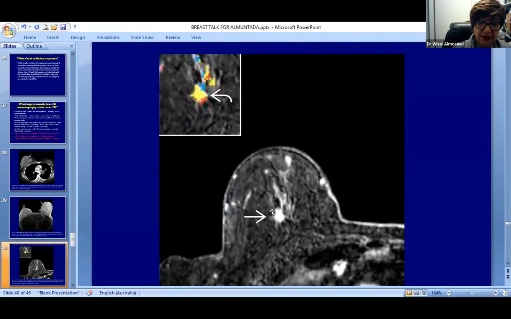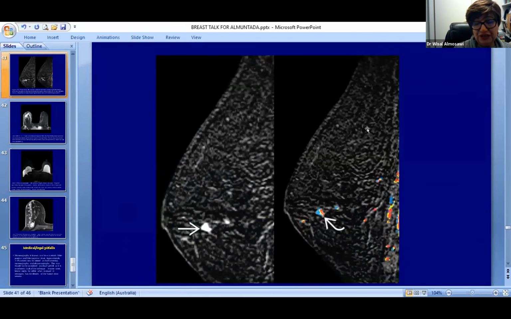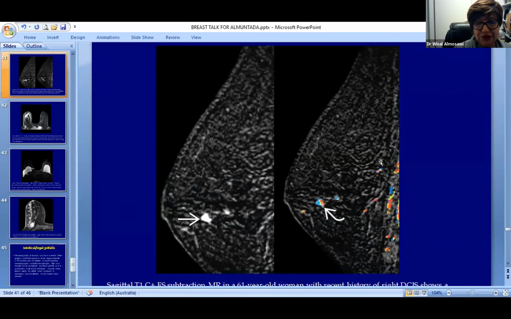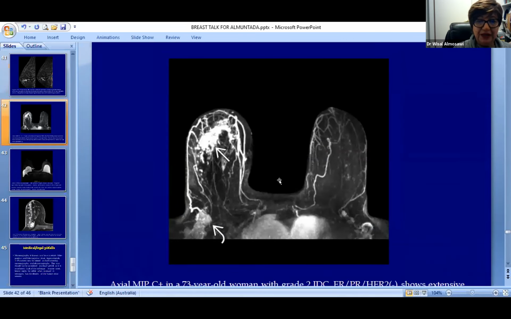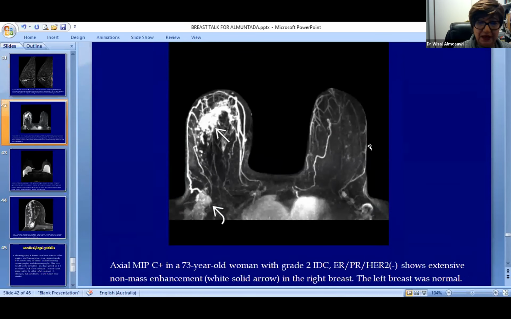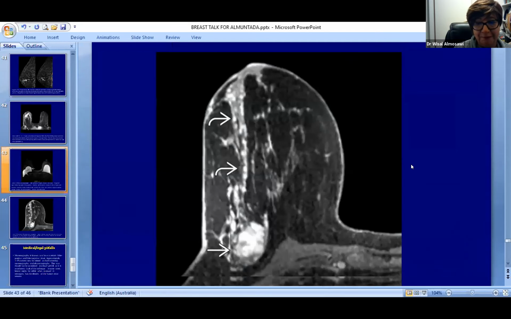And this is what it looked like. And when they enhance and they light up like this, we know definitely it can detect lesions smaller than 5 millimeters. So it's superior to the 3D mammography and ultrasound. It will show you even ducts into the nipple. MRI is very good also for breast implants, because it will show you the internal, external capsule and collapse.